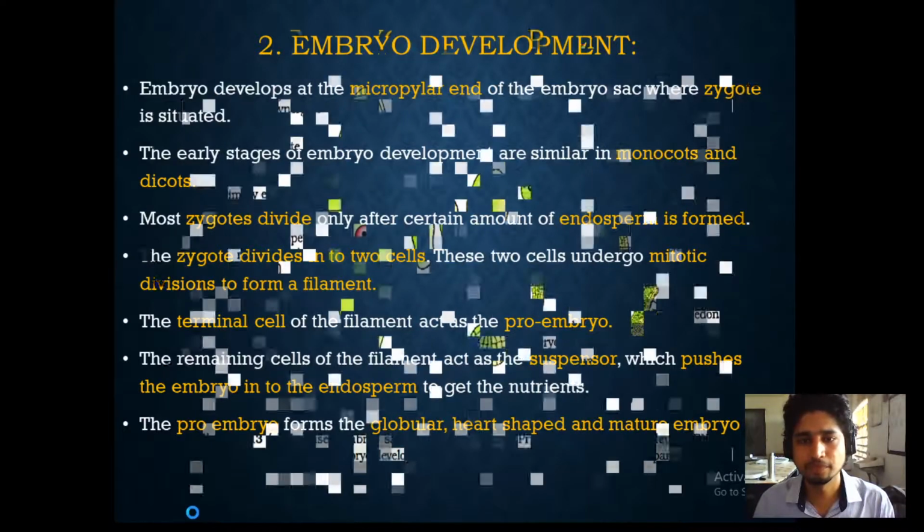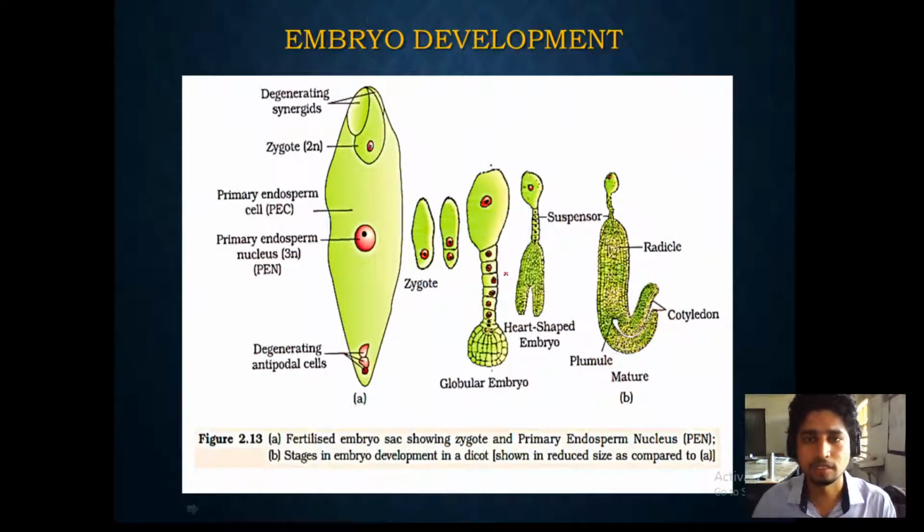So next, coming to the diagram, it is very evident. We can clearly understand from this. The zygote, which is present at the micropylar end, is developing to form proembryo in the filament stage, and this proembryo is undergoing various stages of embryonic development, like globular embryo, then heart-shaped embryo, and then finally into the mature embryo. The globular embryo is a globe-like structure, whereas in the heart-shaped embryo, the embryo is in the form of heart shape, and the matured